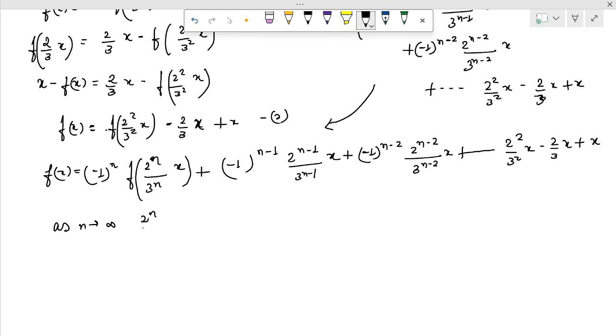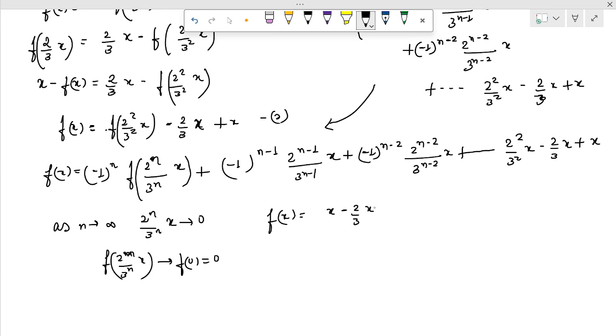(2/3)^n x tends to 0, and we know that f is continuous, so f(2^n/3^n x) tends to f(0), and we know that f(0) is equal to 0, so this will go towards 0. And now the function we are left with is f(x) equal to x minus